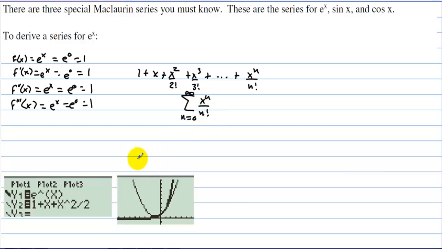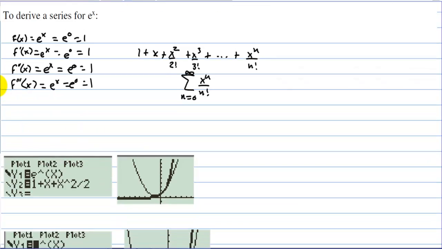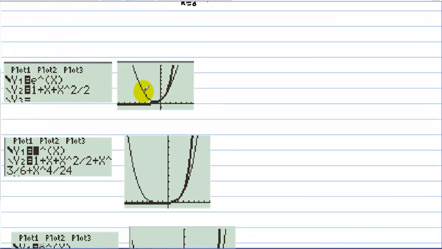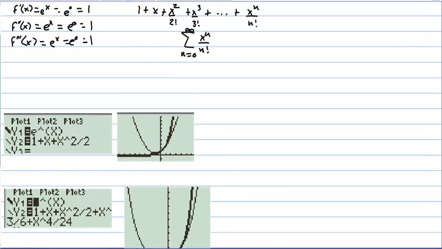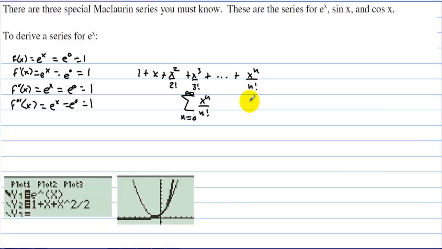over n factorial. Now if we plot a few terms of this one, you can see that it's very good for a few values centered at 0. But then if you put more in, here's your e to the x, the skinny line, then the approximation is getting better. And the approximation here is widening out. So the interval of convergence for e to the x is not just -1 to 1, but for all reals,